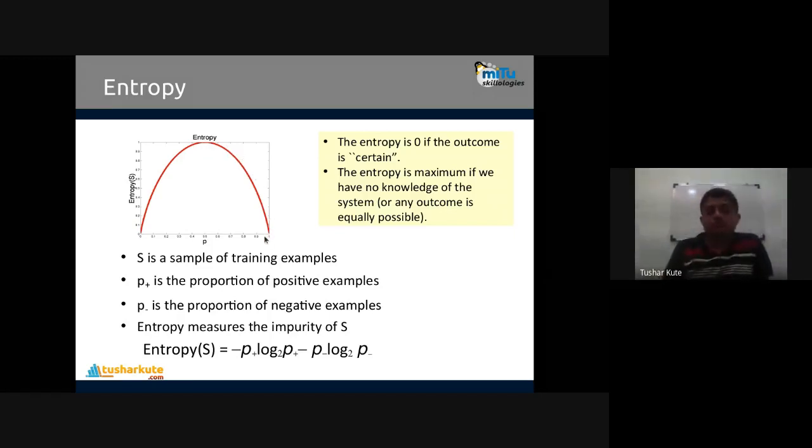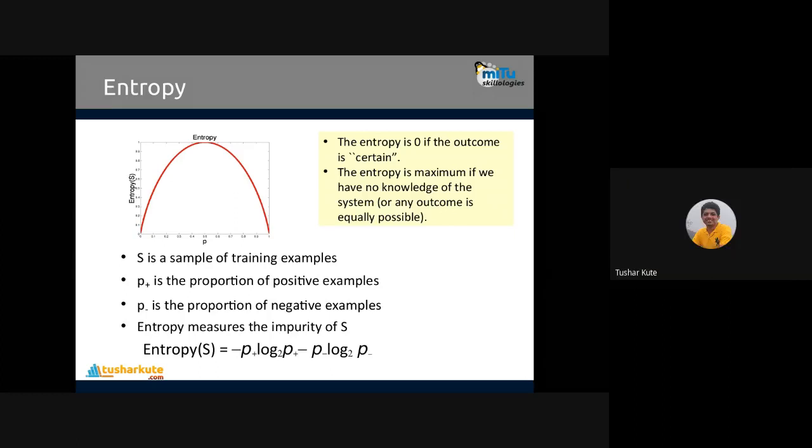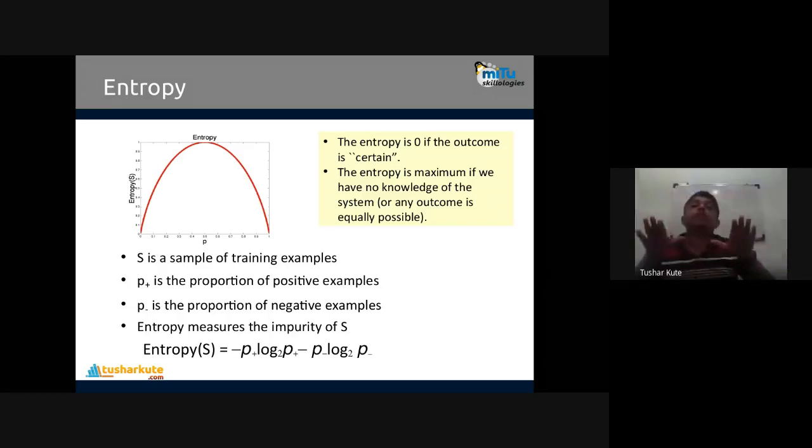Fine. So when probability is 0 and probability is 1, that time entropy is always 0. Remember, entropy is always 0. So they are approaching towards the 0.5 center. A probability of 0.5 has the highest entropy present there. It means that when the probability is 0.5, we have a perfect class balance present.